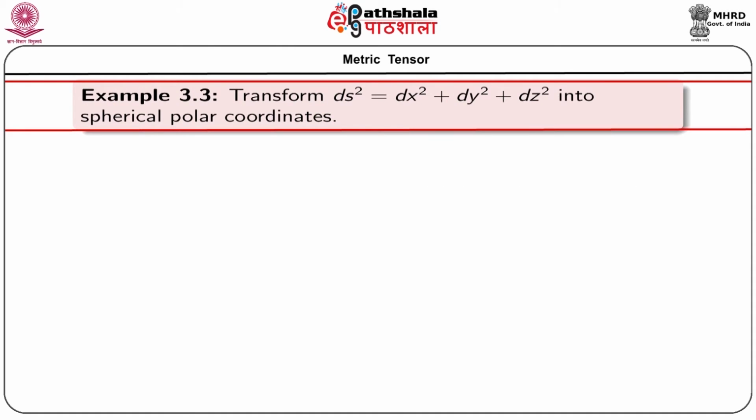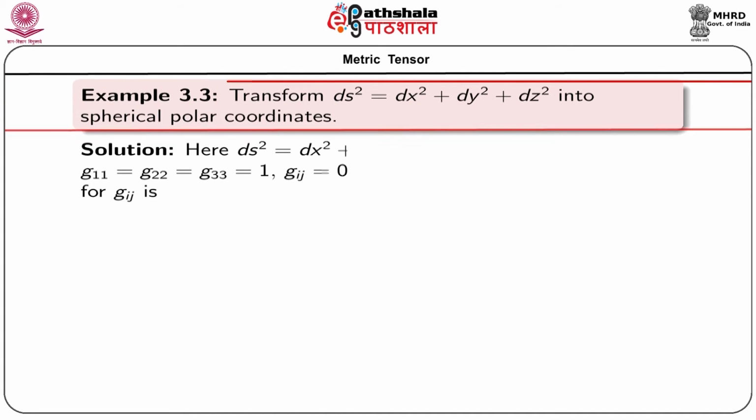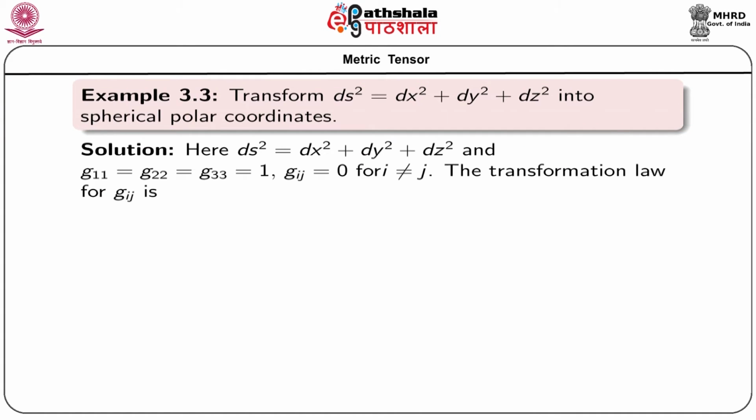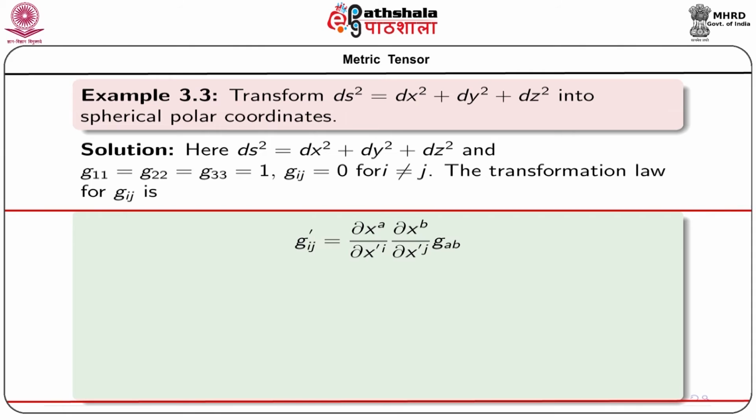Now, let us see another example, the spherical polar coordinate system. That is, if we want to find the distance between 2 points on a sphere, how will the distance formula behave? In the Cartesian coordinate system, the formula is ds square equals dx square plus dy square plus dz square, where G11, G22, G33 equal 1 and the Gij are 0 for i not equal to j. The transformation law for Gij is this one: